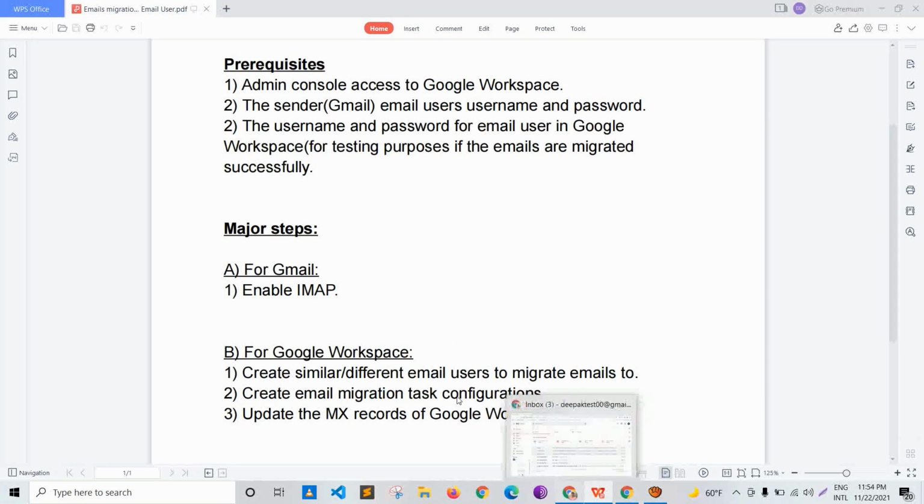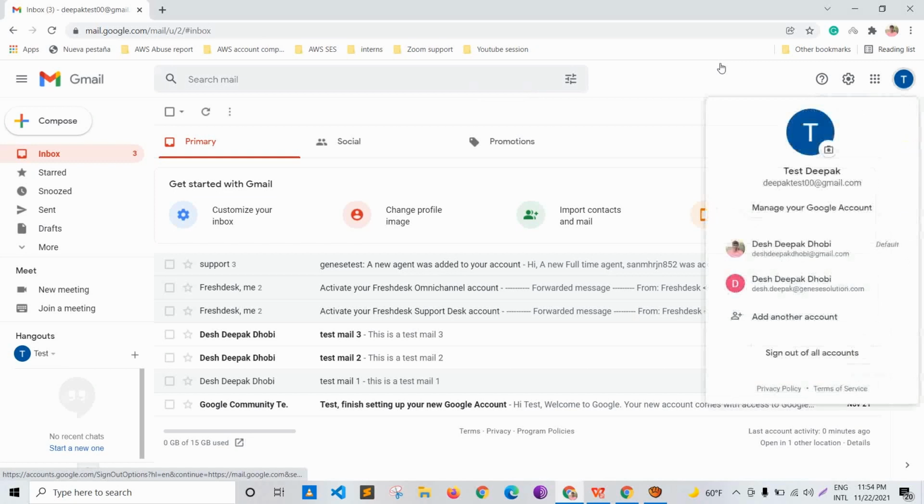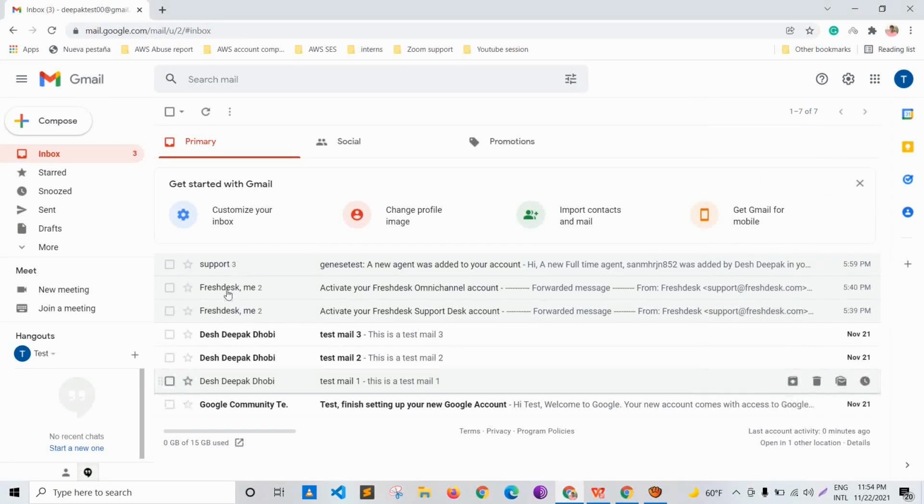If I log in here, you can see on my screen that I'm logged into the mail service of Google, deepaktest00@gmail.com. This is my personal, or we can say the universal, Gmail address that I have created, and there are around 7 email addresses that have been pushed. These three are the default, the custom ones that I have pushed: testmail1, testmail2, and testmail3, and the others are some other specific emails.